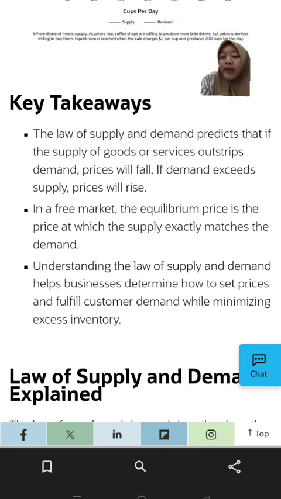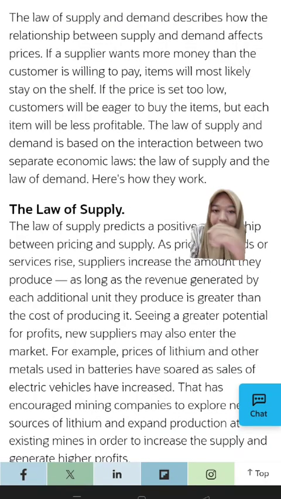How is the law of supply and demand explained? The law of supply and demand describes how the relationship between supply and demand affects price. If a supplier wants more money than the customer is willing to pay, items will most likely stay on the shelf. If the price is set too low, customers will be eager to buy the items, but each item will be